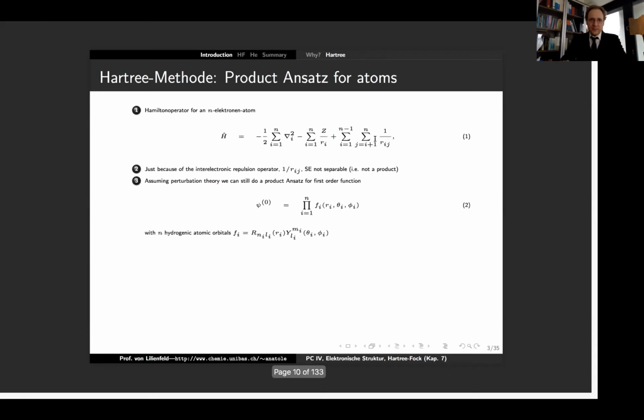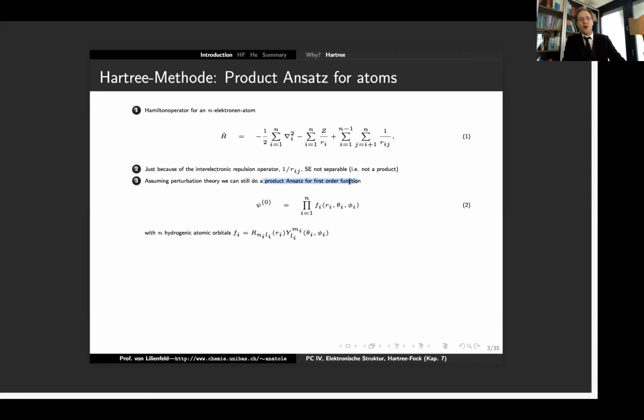Now, the Hartree method simply approximates that away. It says, yes, we can, when in fact formally you cannot, but arguing that within perturbation theory, we simply do a product ansatz